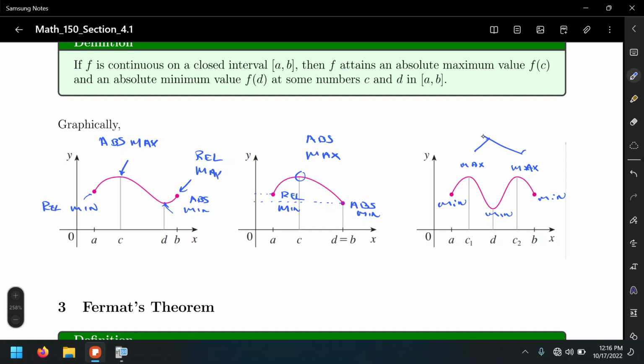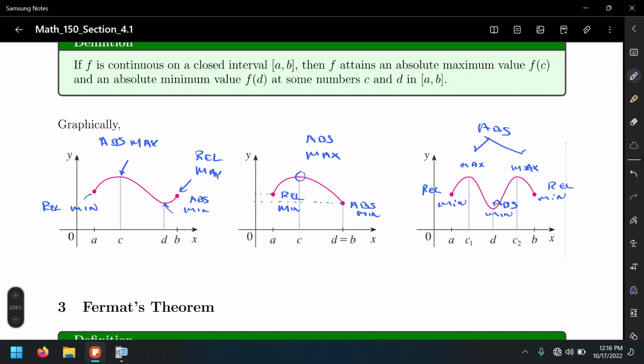So in this case, they are both absolute max, and between the minimums, these two mins are pretty much the same. This is a relative minimum,